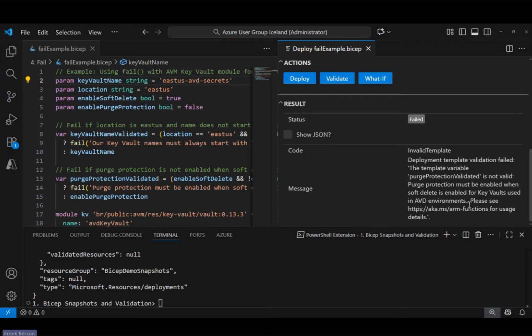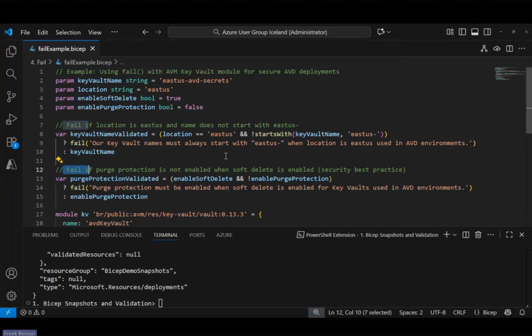And that is expected. And the reason is that there's another fail detection right here. So that's important to know that if you have multiple fail detections inside the Bicep template, if it fails upon the first one it comes across, it will stop checking the rest, right? So this is another error that we need to fix because of our coding standards that we defined. So a great way to provide admins with a very great summary of what is going wrong in case you want to do very specific checks against your own, in this case, coding standards.